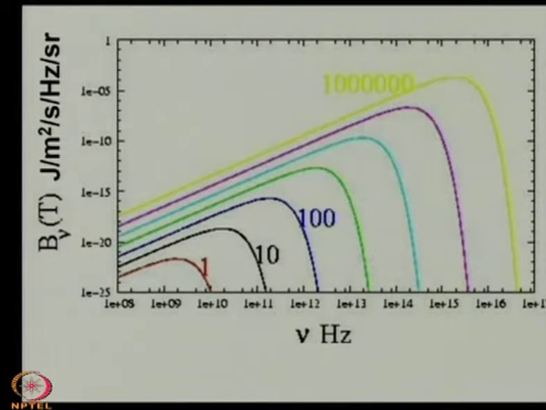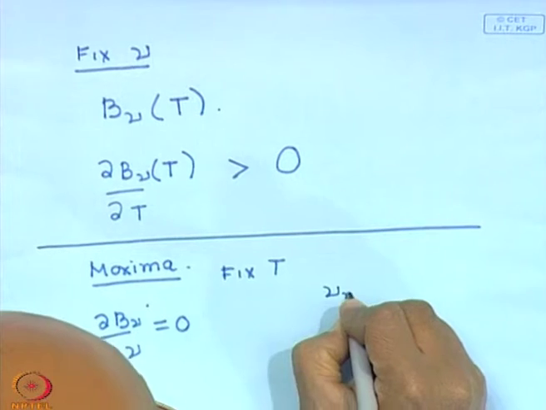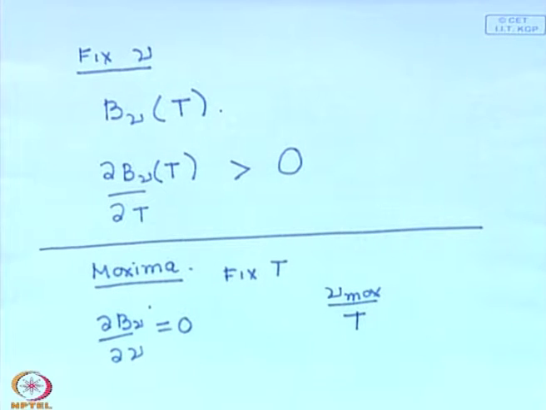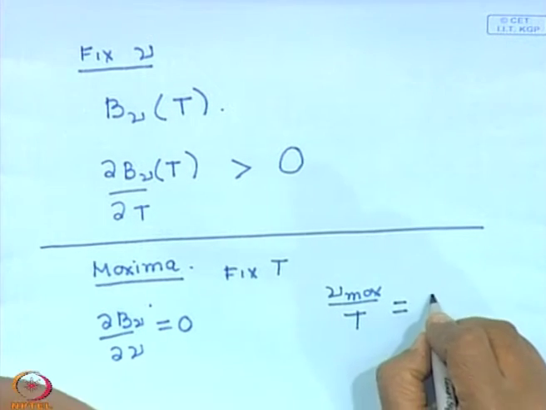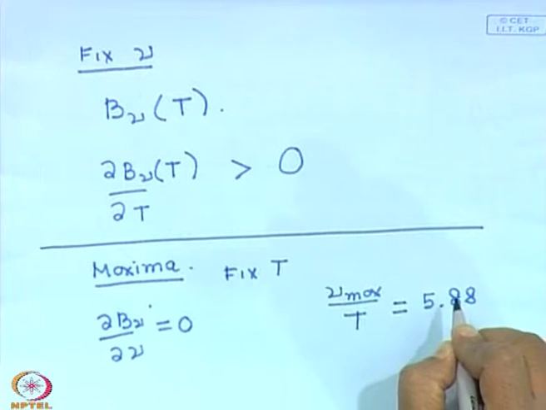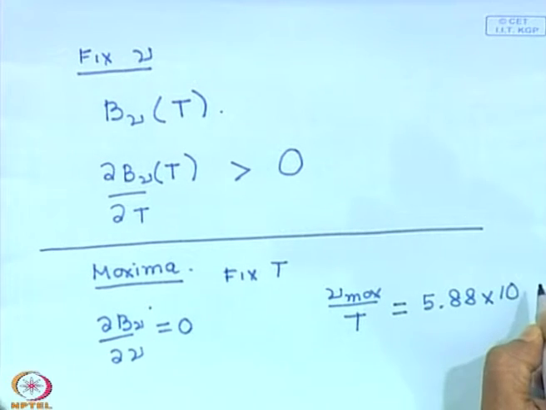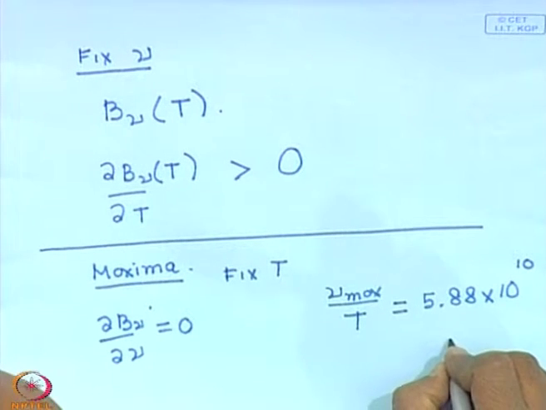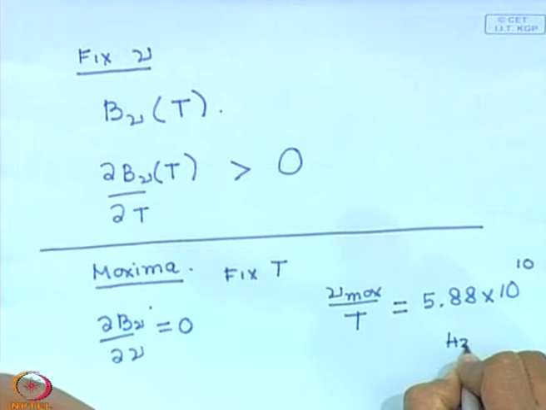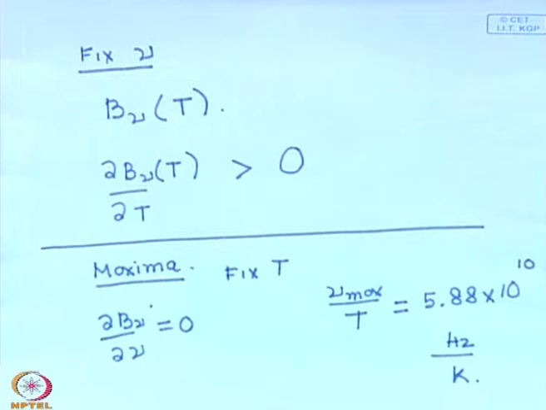Okay. And we see that if you do this exercise, or if you look at the curves over here, you will find that nu max by T is a constant, okay, and the value of this constant is 5.88 into 10 to the power 10 Hertz by Kelvin. Okay. So, this tells us that